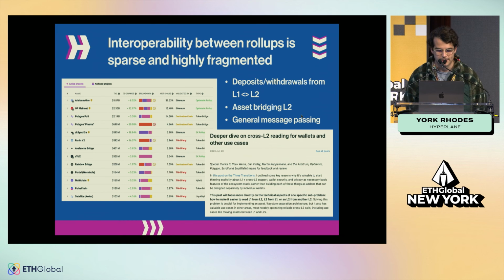And so the problem this presents is we have fragmentation. Basically, if you look at the top few alternative networks besides Ethereum L1, all of these different networks, Arbitrum 1, OP Mainnet, Polygon POS, ZK Sync, Ronin, Avalanche Bridge, every single one of these has a different interface for interoperability. And what that means is, as an application developer, you have to reintegrate every single one of these networks if you want to be composable across all these different networks.